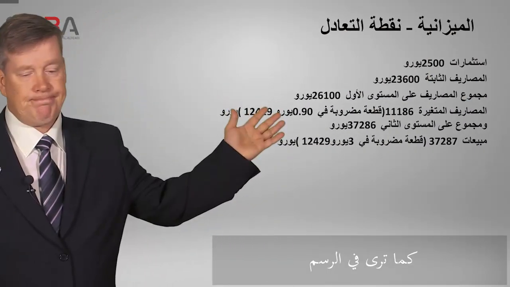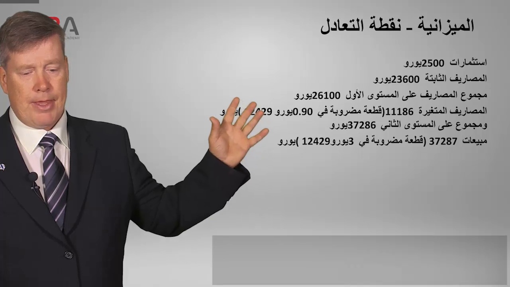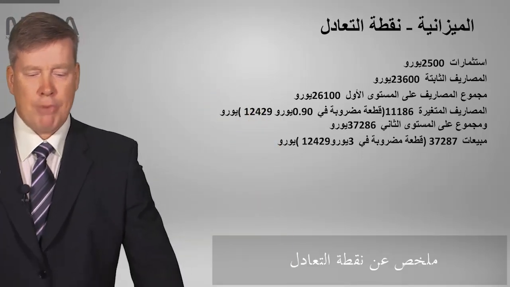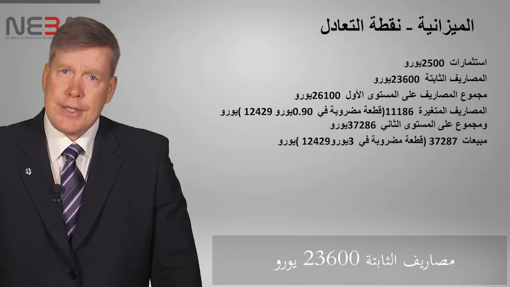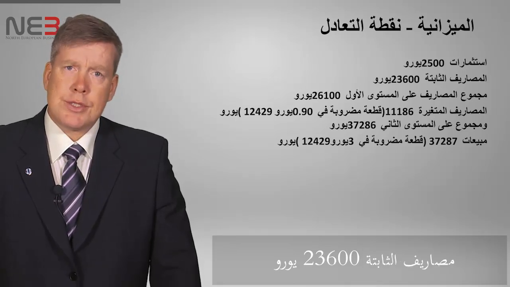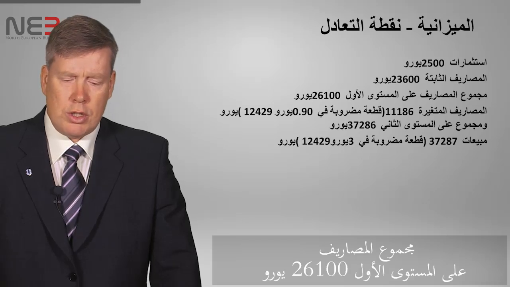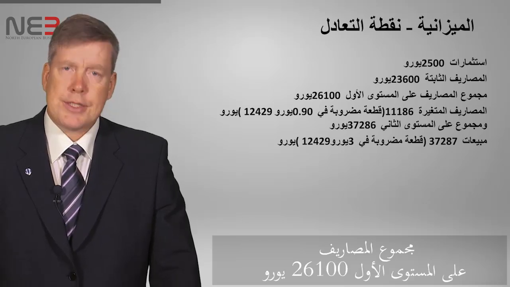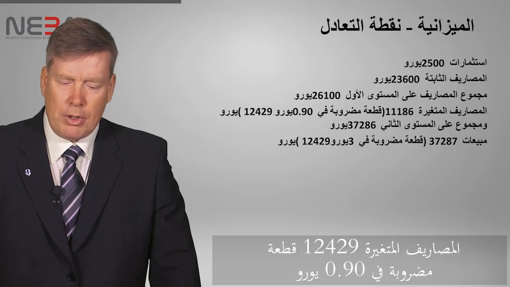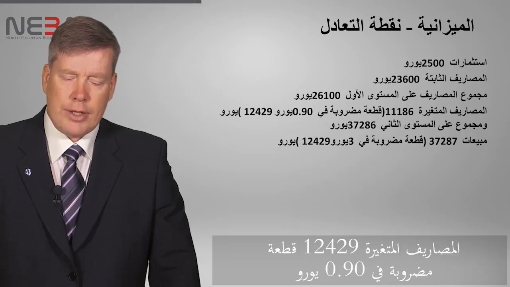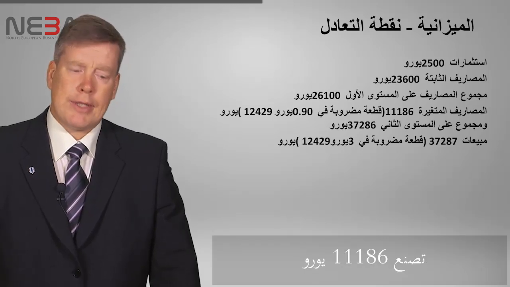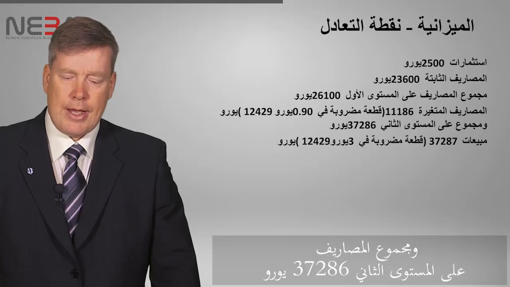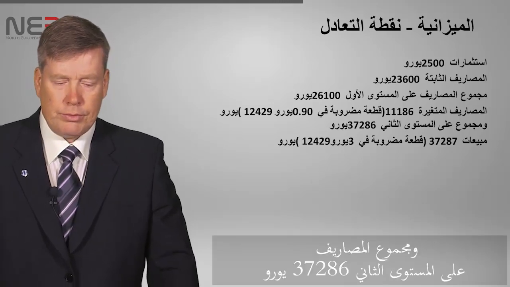And as you can see, now it is the summary of the break-even point. Investments 2,500, fixed cost 23,600, total costs first level 26,100, variable cost 12,429 units times 90 cents makes 11,186 euros, and the total costs too is